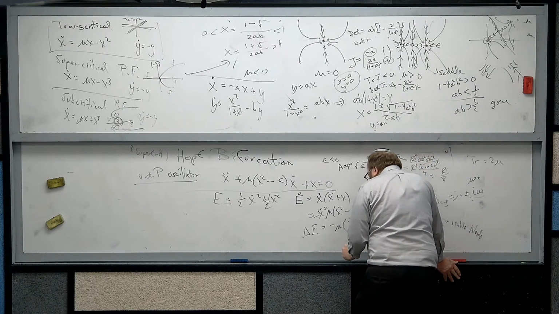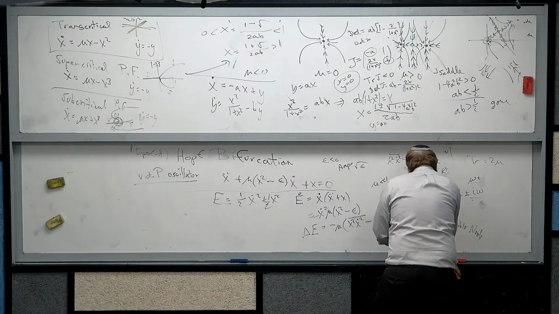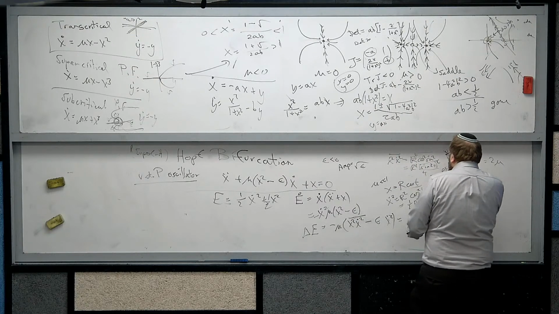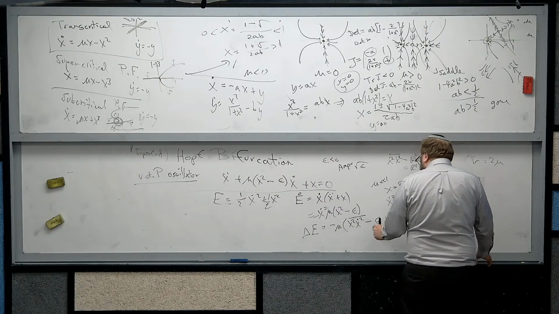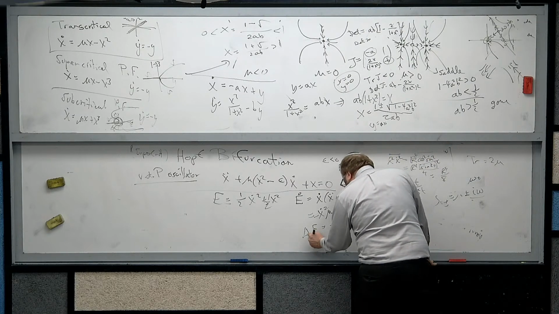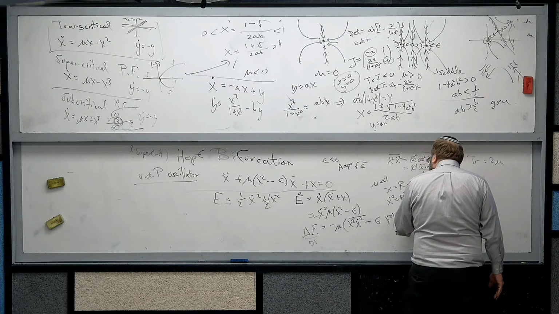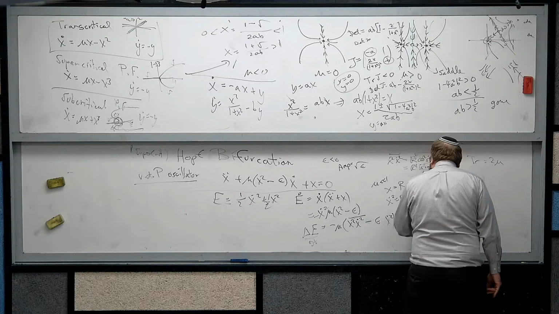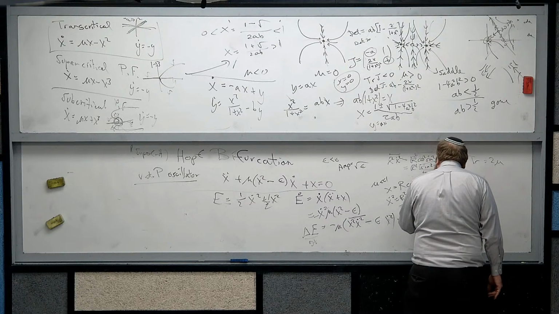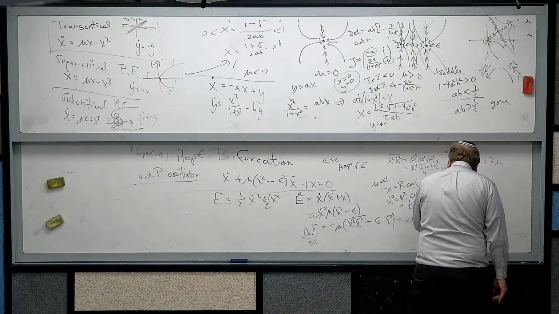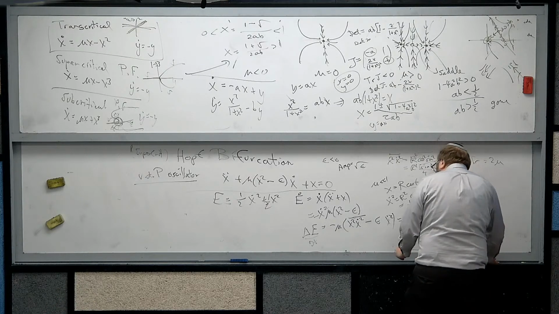And so we have the delta E, the average rate of change, is minus mu times r to the 4th over 8 minus epsilon r squared over 2,